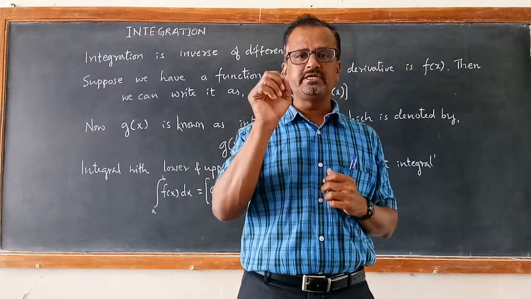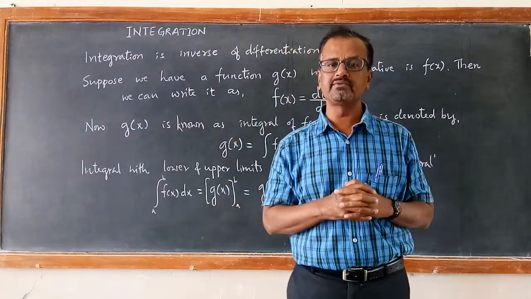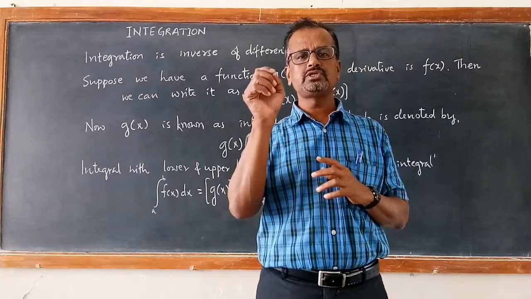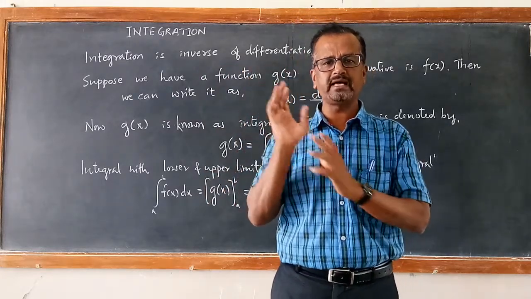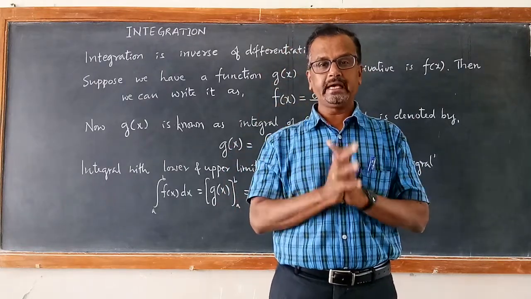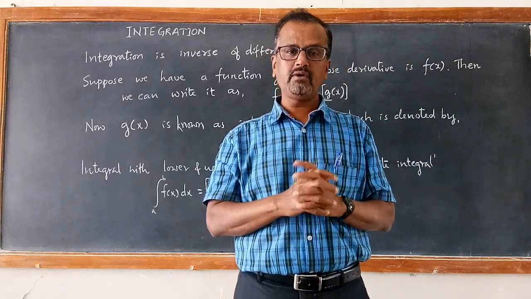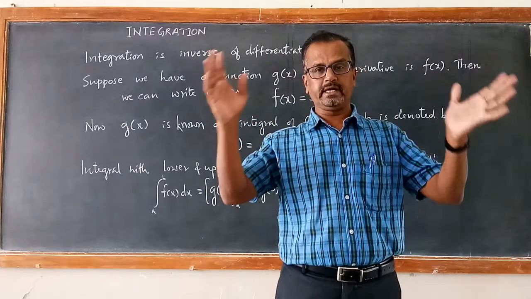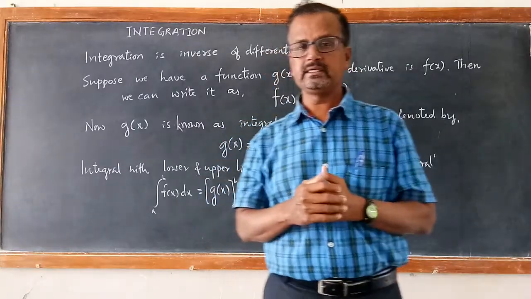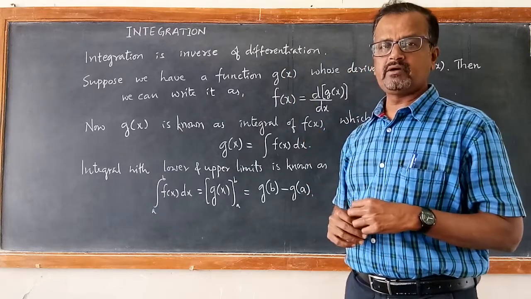So for a small change with respect to a certain variable like time, we use differentiation. To find a small change in position with respect to time, we found it as velocity. A small change in velocity with respect to time, we found it as acceleration. There we applied the concept of differentiation. Now for finding the total area under the graph, we use the concept of integration. That's what we did in the last video. Now let us see what the mathematical operation of integration is.